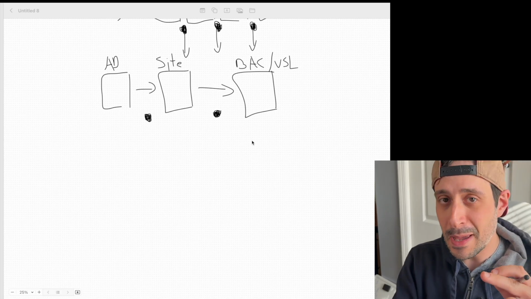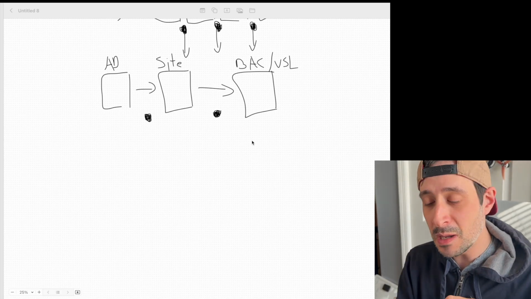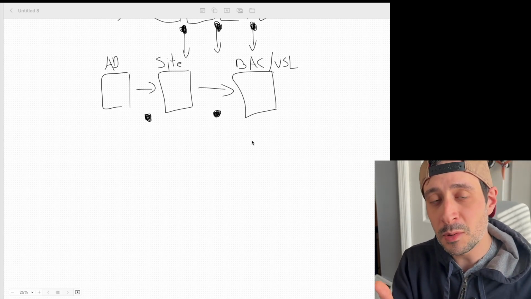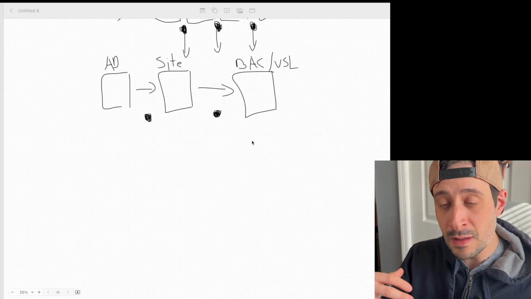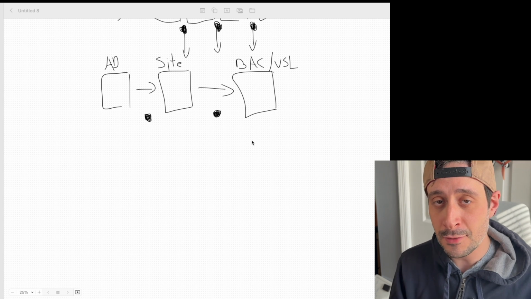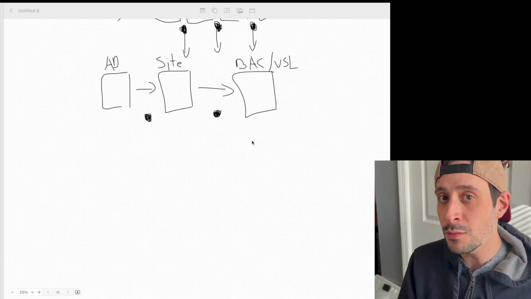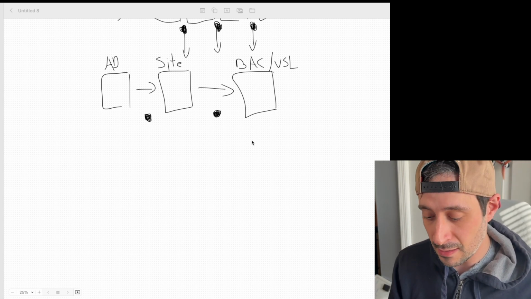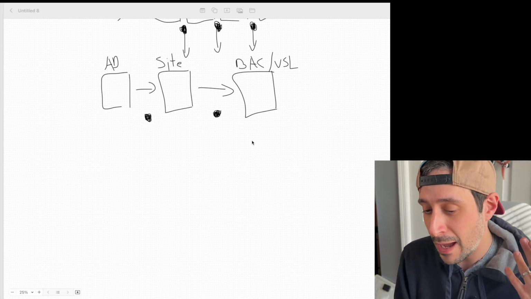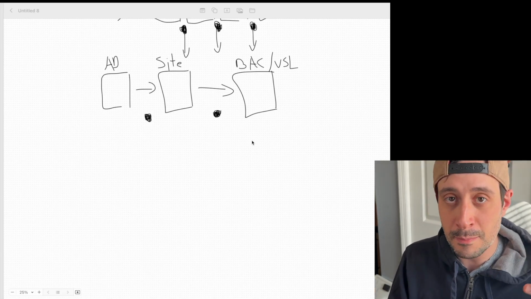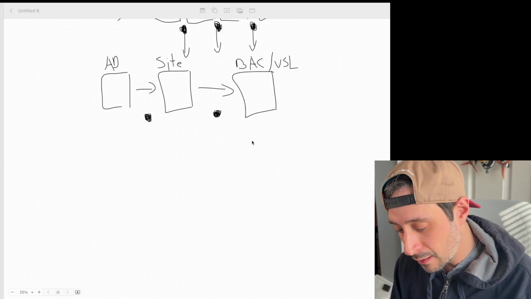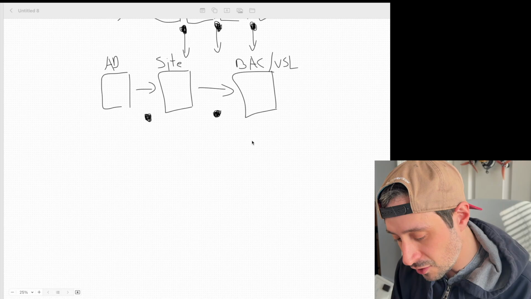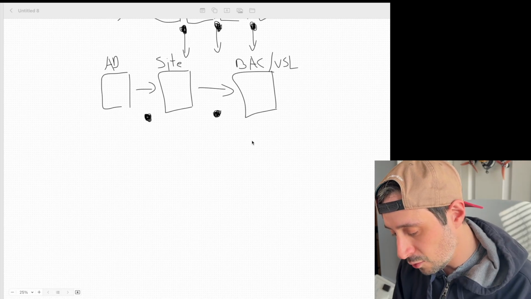That could be because the page is slow to load. That could be because there's a misalignment between the ad and the page that people get to. It could be because people don't want to give over their email address right off the bat. They don't even know you yet, and you're asking for something. And they know in the back of their mind that you're just going to try to market to them. So a lot of people just don't bother. And again, you lose a huge percentage of people to these black holes, right?